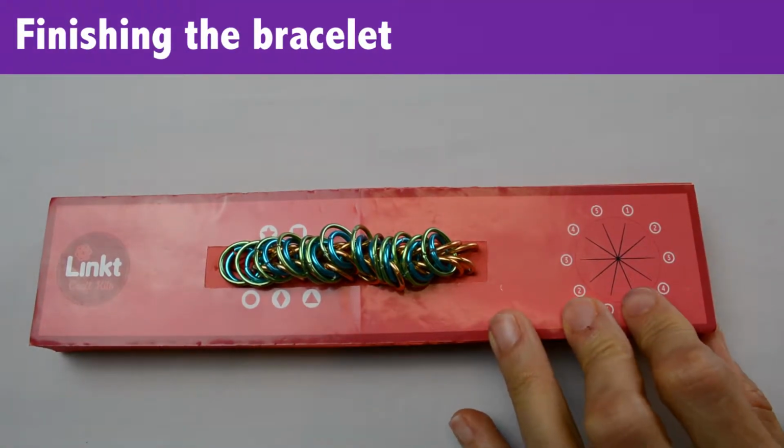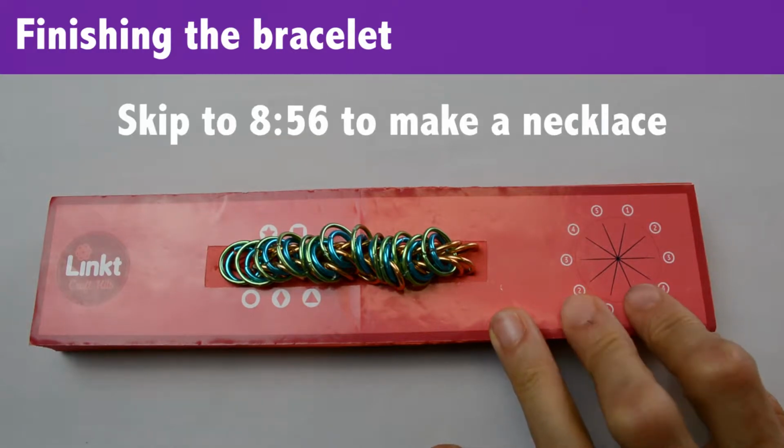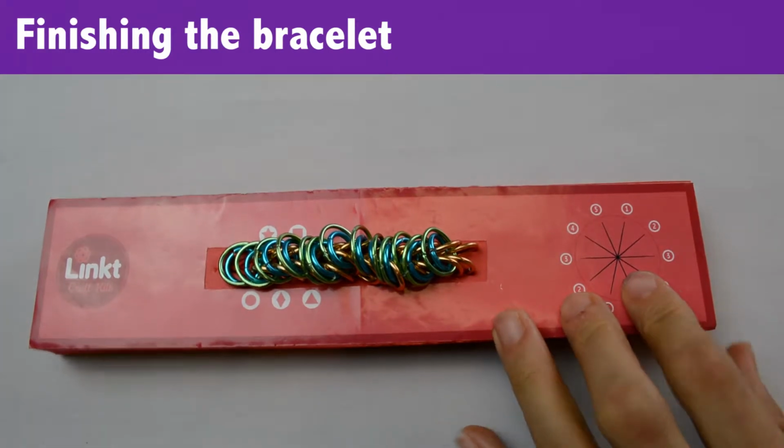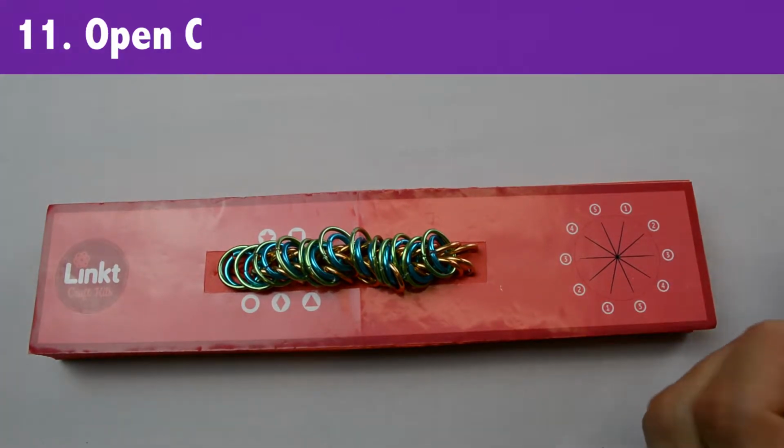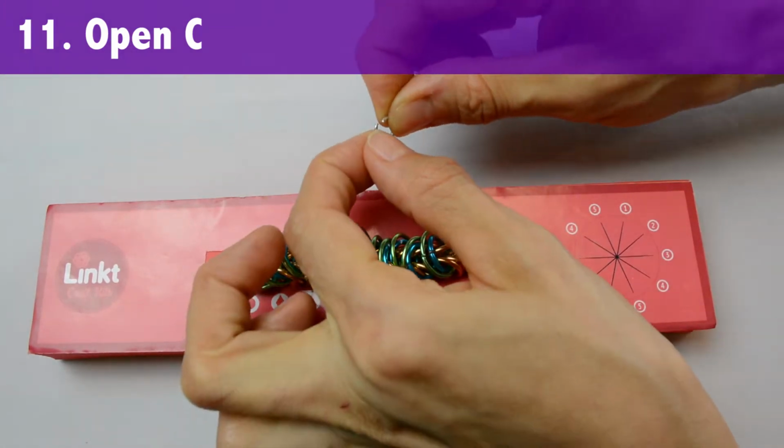The main part of your piece is now complete. To make a necklace, skip ahead. To add the clasp to the bracelet, get your C ring and open it,